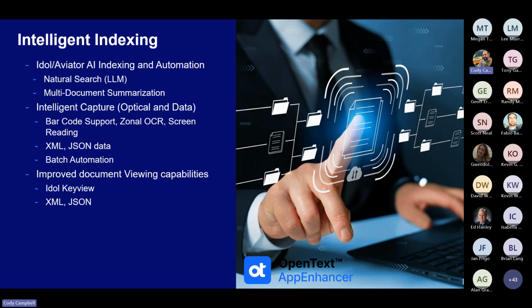So we can simplify the processes with this by having some of these built-in capabilities right in the product, like screen reading, being able to pull off of the green screens. The customers that needed it really liked it, because not everybody has green screens out there anymore, but there are certain property management and real estate management agencies that have a ton of tapes out there still, and they have mainframes and they have old green screens. And so there's still a need to get some scraping when you don't have an API to work with. Hopefully, most of the time we've got an API to call.